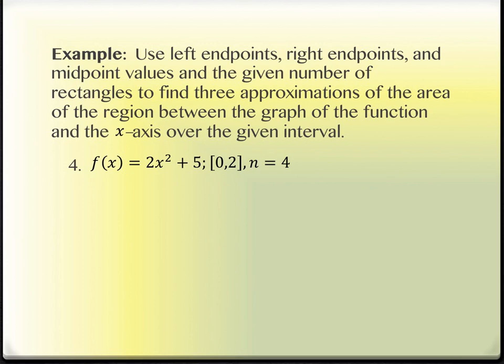We're going to use left endpoints, right endpoints, and midpoints. We're actually given a curve this time, and we're going to try and find these approximations. Okay? So if you take a look at this one, it's not a bad idea to sketch this graph to start with. The graph is the graph of a parabola. The parabola is shifted up 5. That's the plus 5 at the end. But I only want the right-hand side. I mean, you can draw in the left if you wish. That's terrible, but